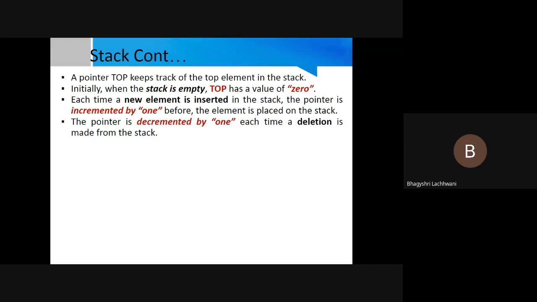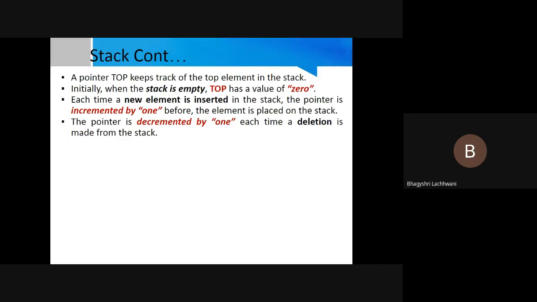Okay, that was about incrementing the value. That means one by one, you are inserting an item into the stack. Now it's time when you are trying to remove an item from the stack. That means if you want to pop an item, ultimately, if you are removing an item, what does it mean? It means you are decreasing the stack size. So whenever you are popping an item, you decrement the value of the top counter by 1.